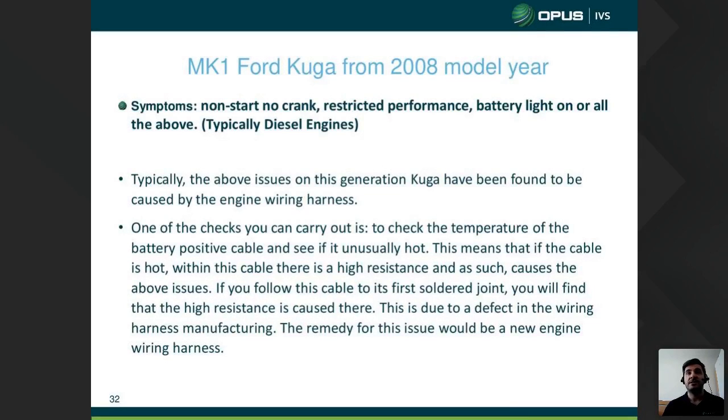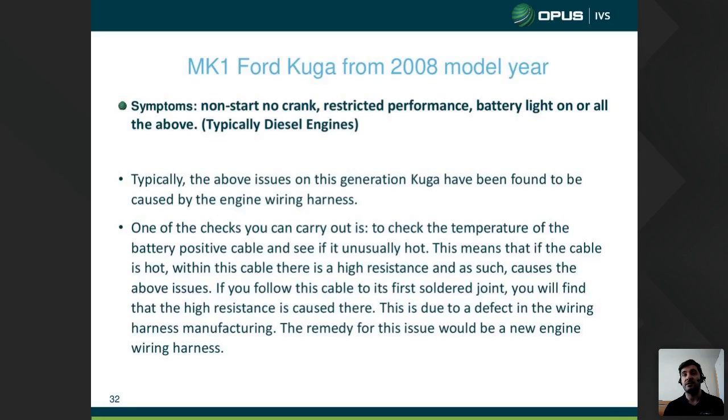Okay, lastly, but of course not least, these are common faults that I've gathered for you today, ones that I've seen quite a bit in the last few months, but by all means these are not the only ones. On a Mark 1 Ford Kuga 2008 model year onwards, we've seen that in some cases where symptoms presented such as non-start with no crank, restricted performance, battery light on, or even all of the above at the same time, and again typically on diesel engines, the above issues on this generation Kuga have been found to be caused by